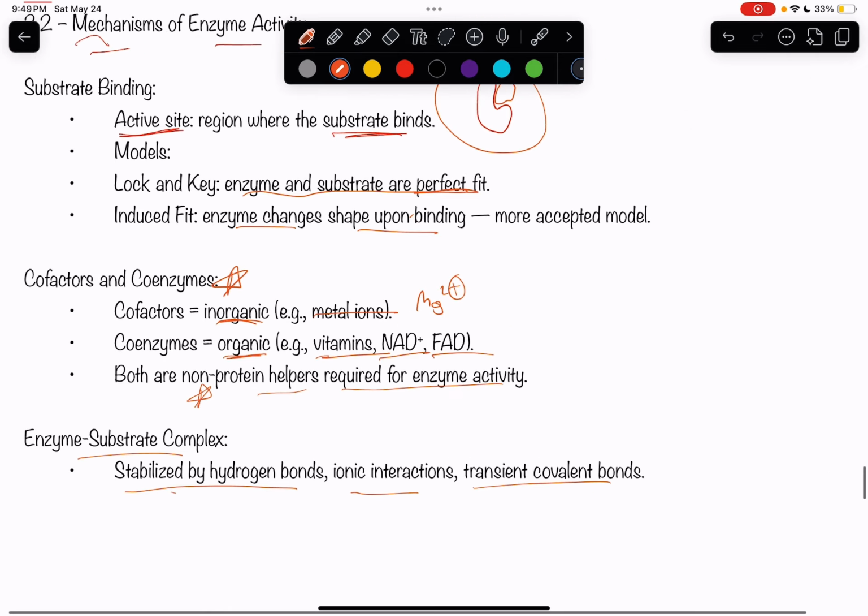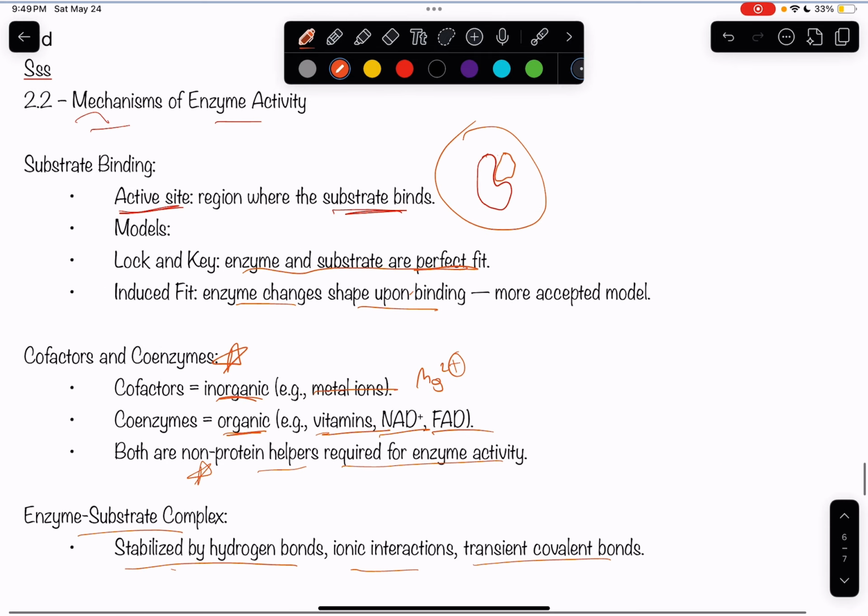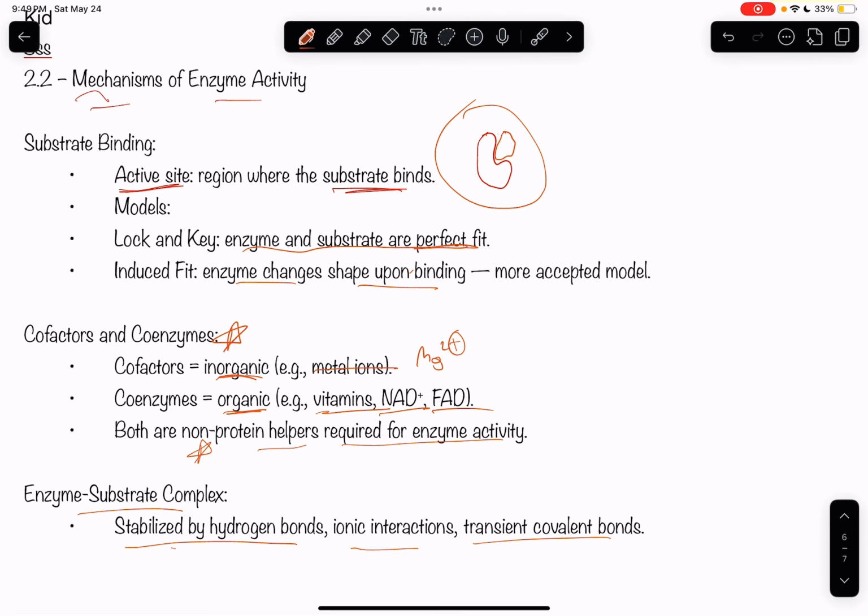Again, these chapters are obviously very short, but they have a lot of important terms. So definitely write these down somewhere,